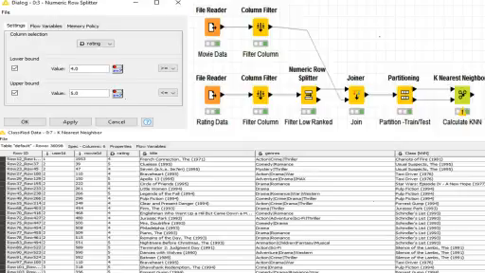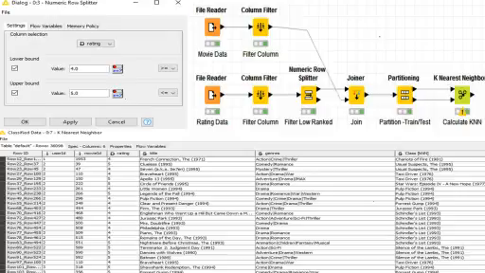So here, if you see the flow, I have loaded the movie data and the rating data, and I filtered out columns which are not needed, which is timestamp. So I didn't use timestamp for this project. And then in the numeric filter, I have applied a filter to take movies which are between 4 and 5, and then for those movies I have created a partition of training and test set, and finally applied